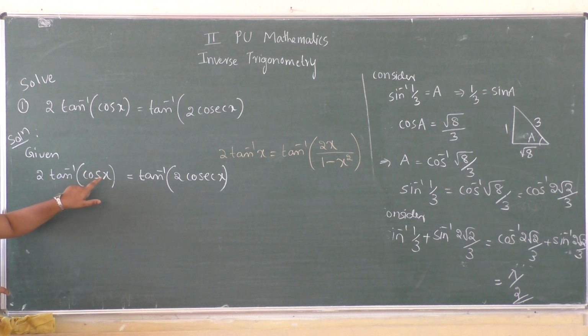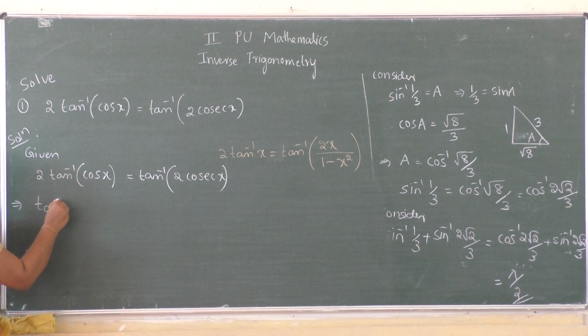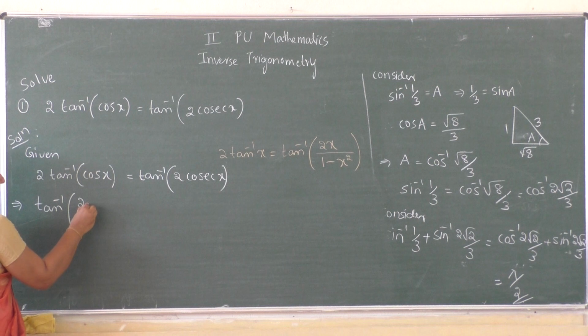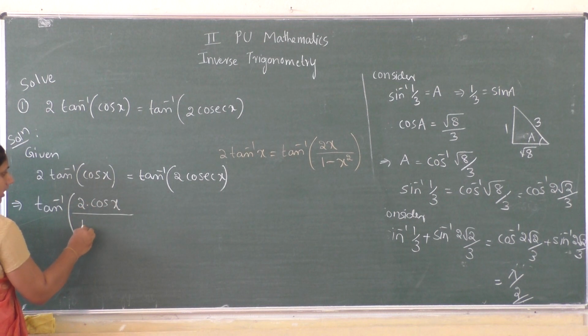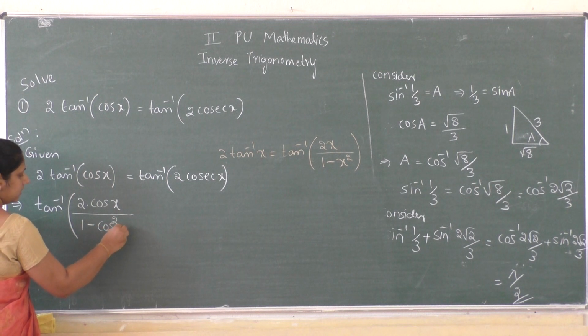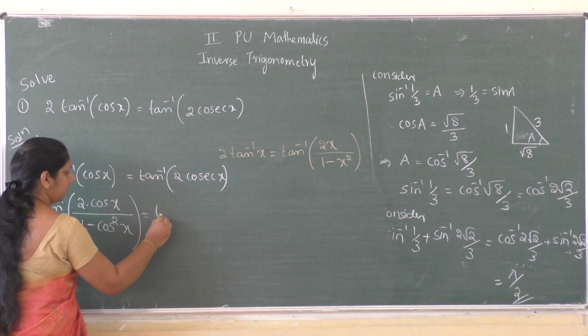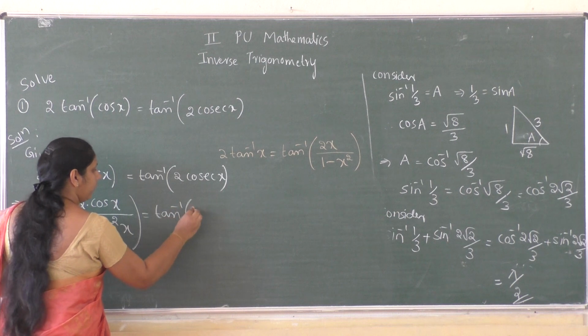Here we have cos x in the place of x. So 2 tan inverse of cos x can be written as tan inverse of 2 into cos x by 1 minus cos square x,